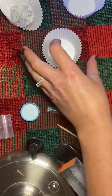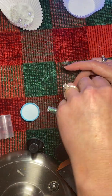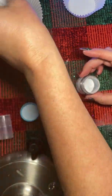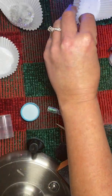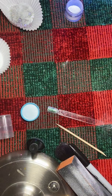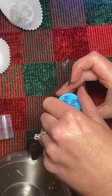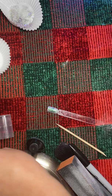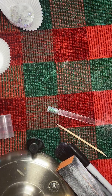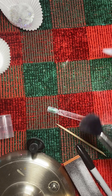So while that's curing, I'm gonna take my super expensive overflow containers because I paid a lot for those suckers, and I'm going to put the lid back on. Ta-da! Done curing. See? You can clean up and everything. So now,